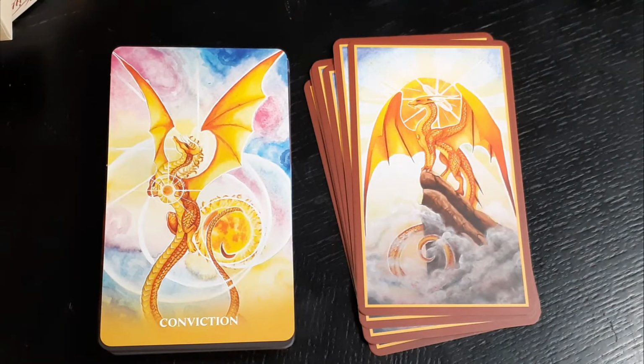Conviction. Higher and higher he flies into the bright sunrise, carrying his burden. Though it is a burden, it is not heavy because he has the conviction to know he will succeed in all his endeavors. This fire dragon will walk with you, helping to burn out the lower energies of self-doubt, fear, and confusion about what you are meant to do in this life,